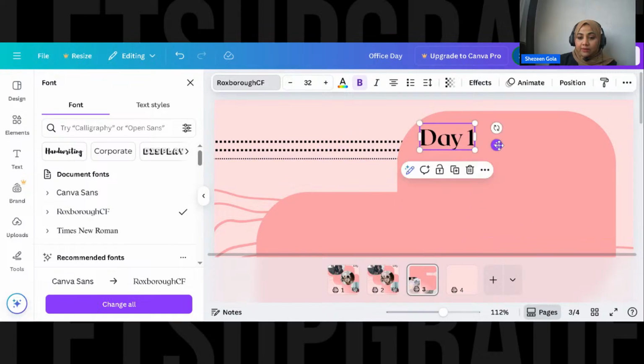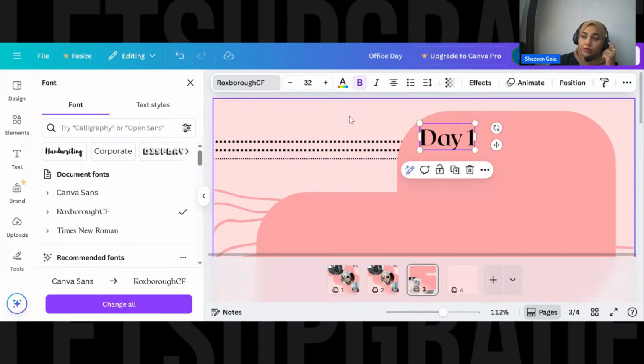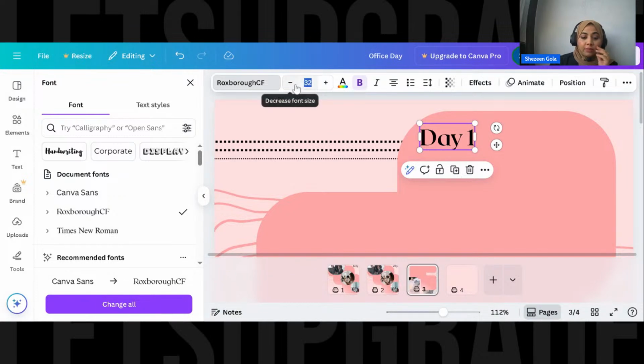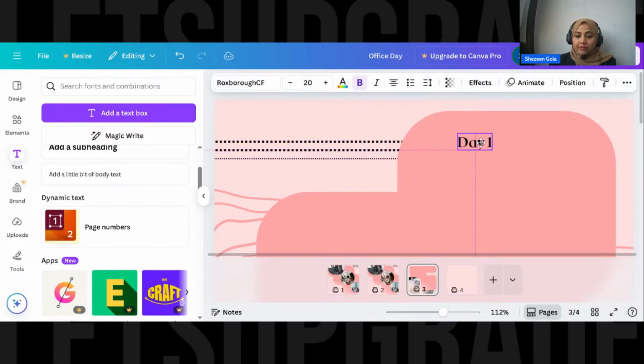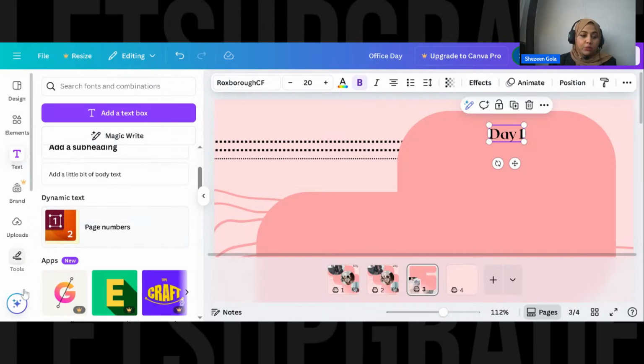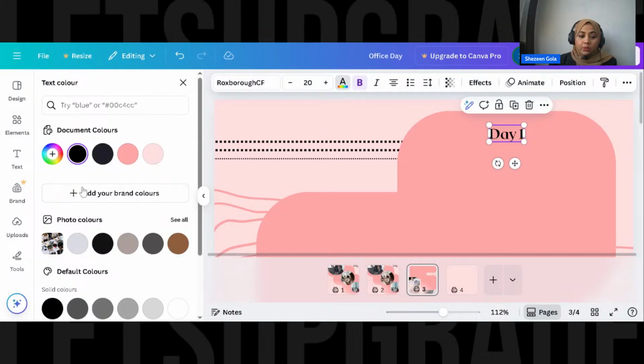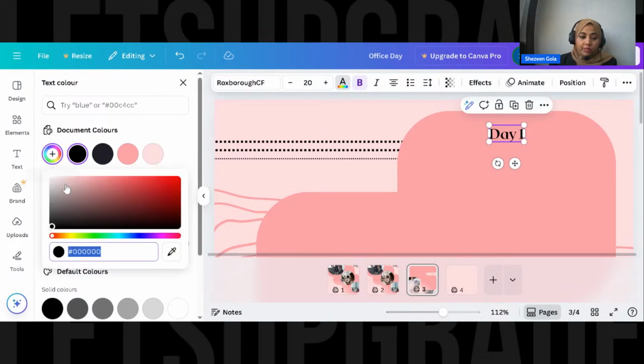Okay, day one. But I think it's too big a font for usually making up brochures. The heading font is usually below 20, but since we've made it very large, let's put this as 1, and let's change its color to white. So how are we going to change the color of this? We will go here, into a document, and we'll just make it white.